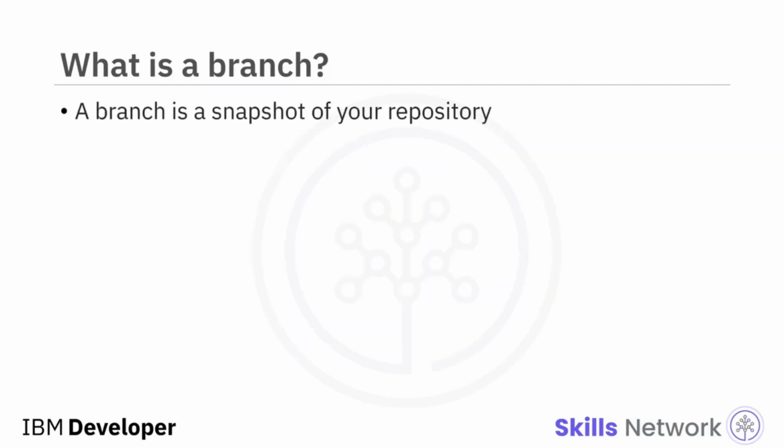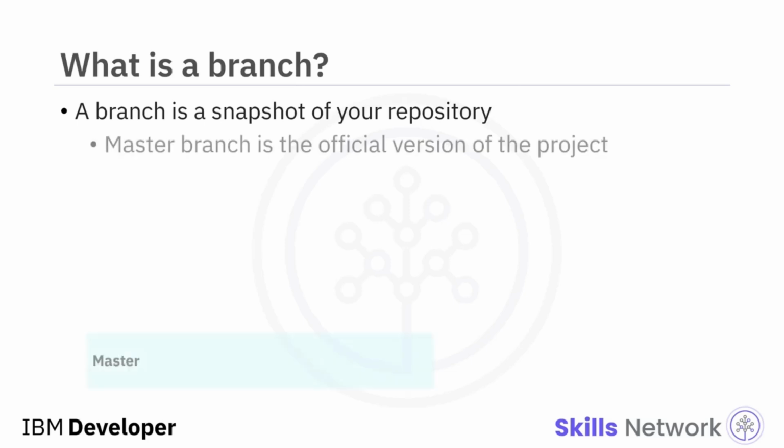A branch is a snapshot of your repository to which you can make changes. It is a copy of the master branch and can be used to develop and test workflow changes before merging it into the master branch. In Git and GitHub, there is a main branch called master. It has the deployable code and is the official working version of your project. It is meant to be stable, thus it is advisable not to push any code that has not been tested